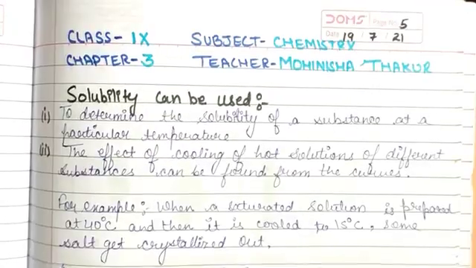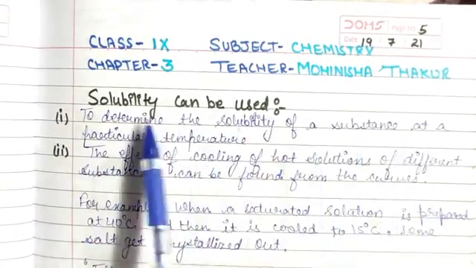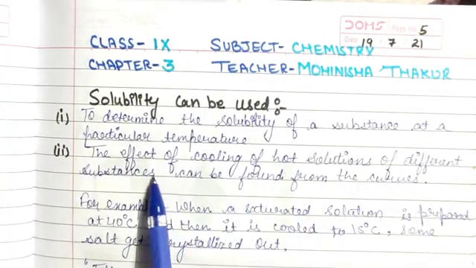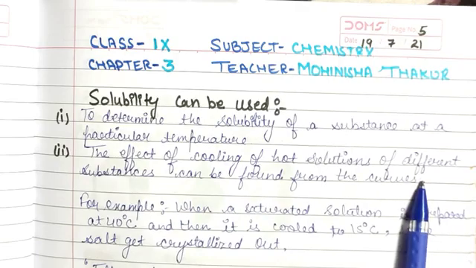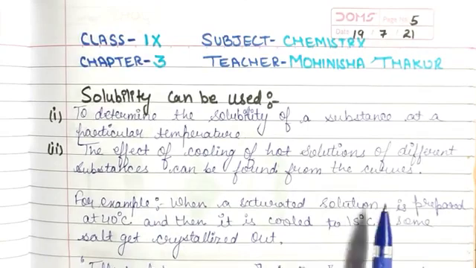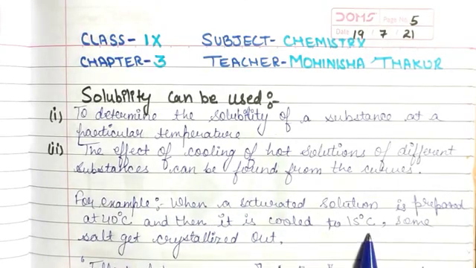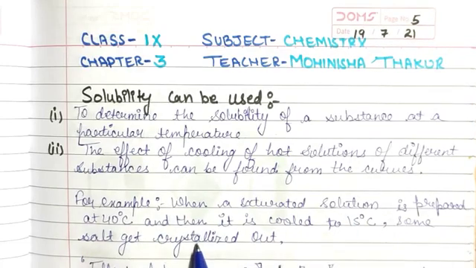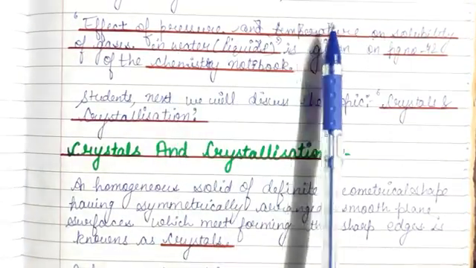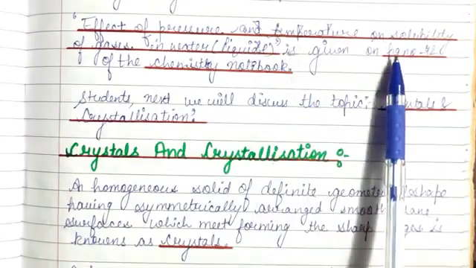So students, the solubility curve can be used to determine the solubility of a substance at a particular temperature. The effect of cooling of hot solutions of different substances can be found from the curves. For example, when a saturated solution is prepared at 40 degrees Celsius and then it is cooled to 15 degrees Celsius, some salt gets crystallized out. Effect of pressure and temperature on solubility of gases in water, which is a liquid, is given on page number 42